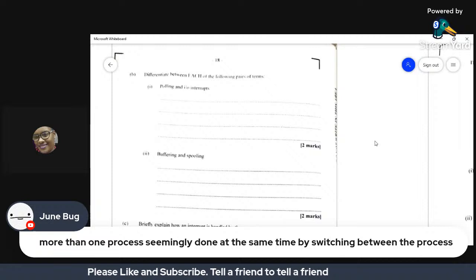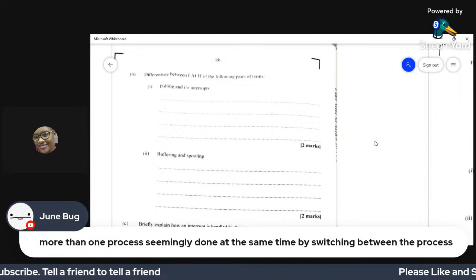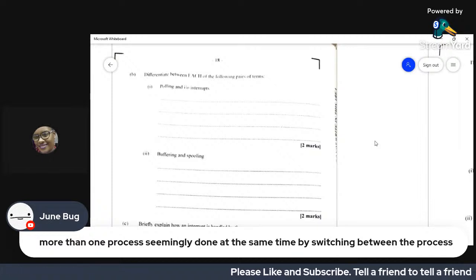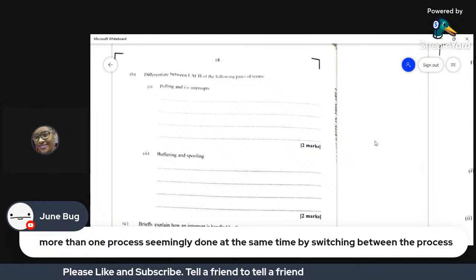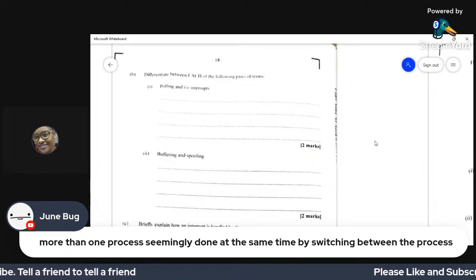All right. So polling, this is where the CPU does regular checks on the devices that are connected to it to ascertain if additional resources are needed.